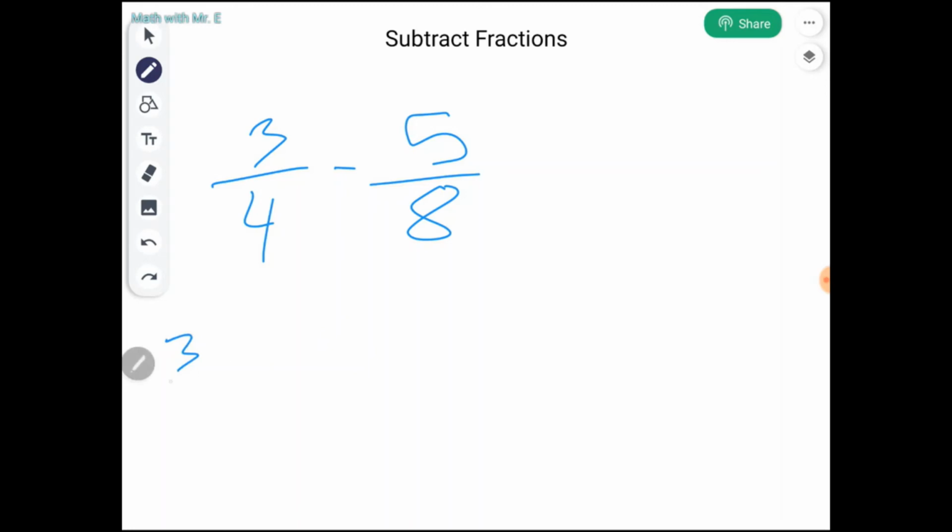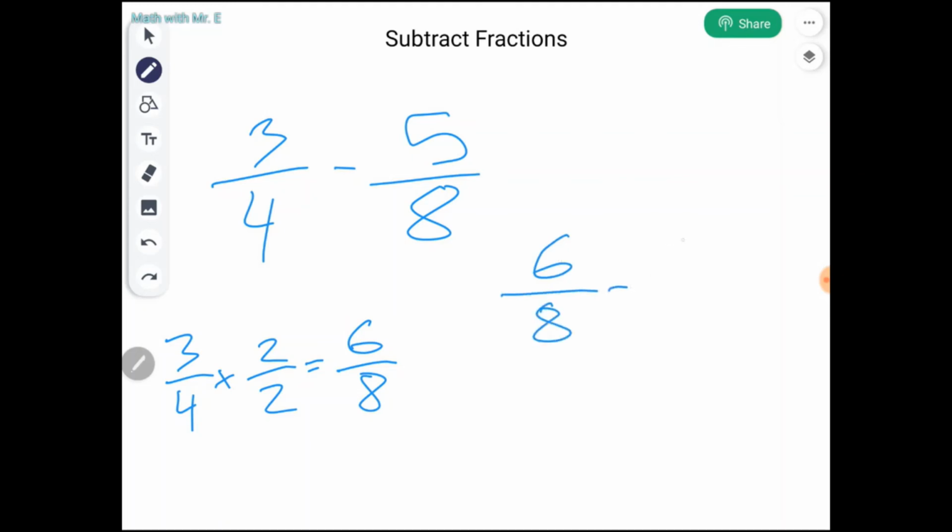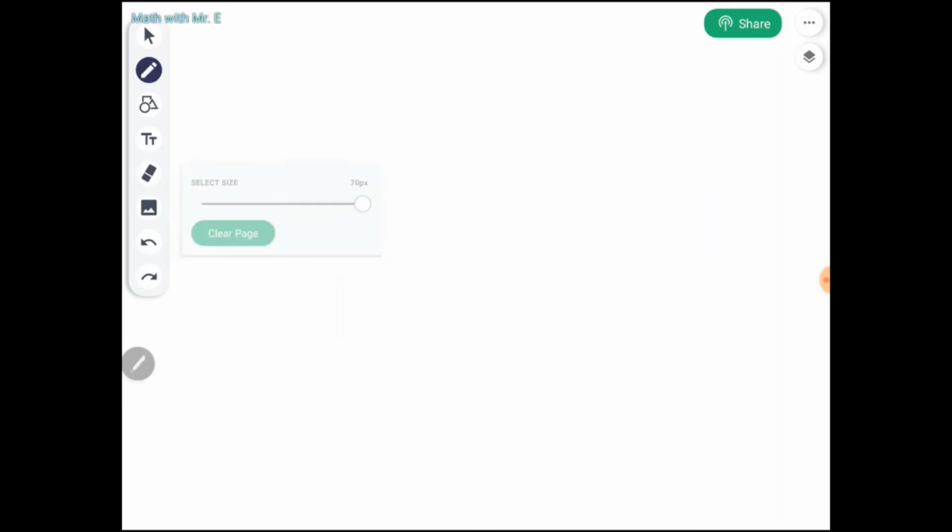So let's go ahead and find our equivalent fraction here. So we're going to multiply numerator and denominator by 2, which will give us 6/8. And then finally, our last step will be to do 6/8 minus 5/8, and we get 1/8. Let's go ahead and try another example here. Okay, let's do 7/10 minus